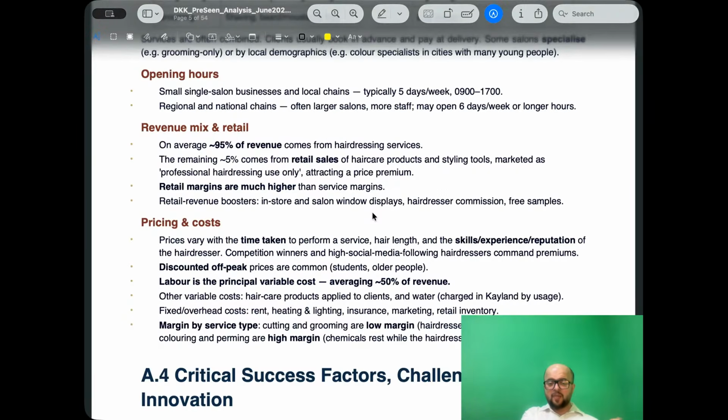Prices vary with the time taken to perform a service, hair length, and the skills, experience, reputation of the hairdresser. Competition winners and hairdressers with a high social media following command a premium. Social media hasn't spared their business either, has it? So your ability to command a certain price depends upon the social media following that you have, which is why